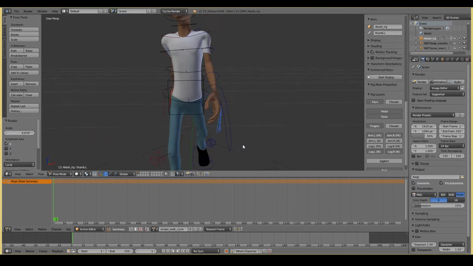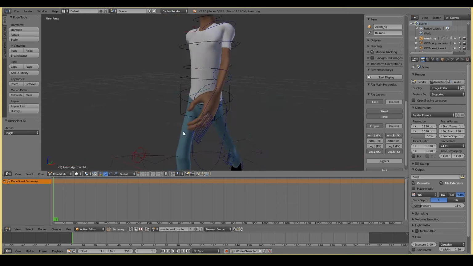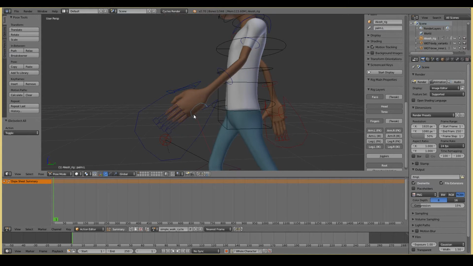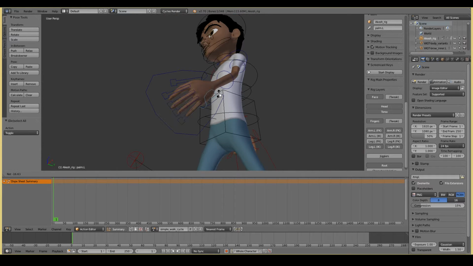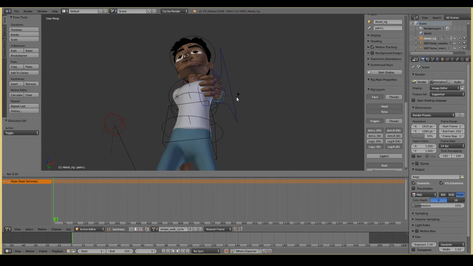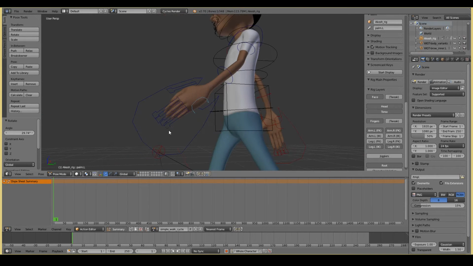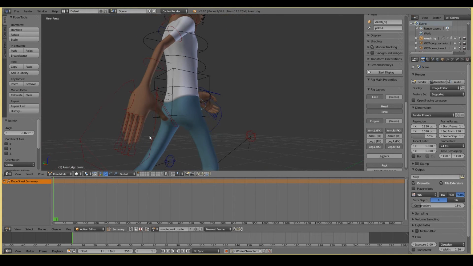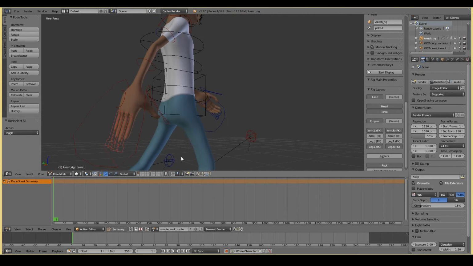So if I just do it like that, see, that tends to look much better. The hands. Oh, actually, just separate out a bit. See, that tends to look much better than a pose like that, which is just robotic and probably looks a little bit silly.